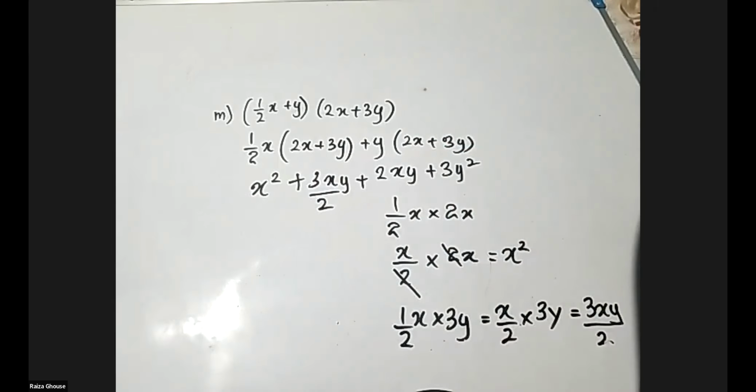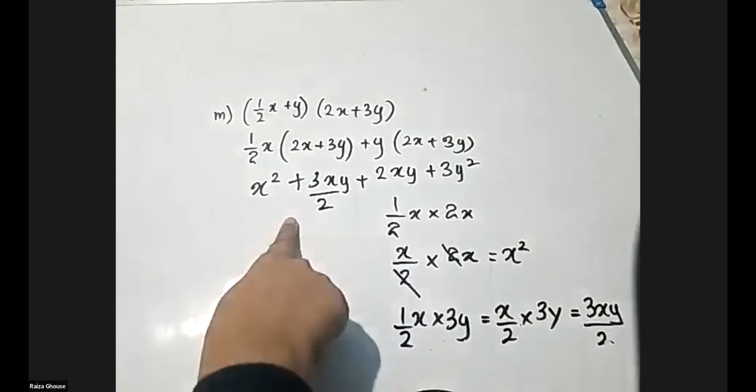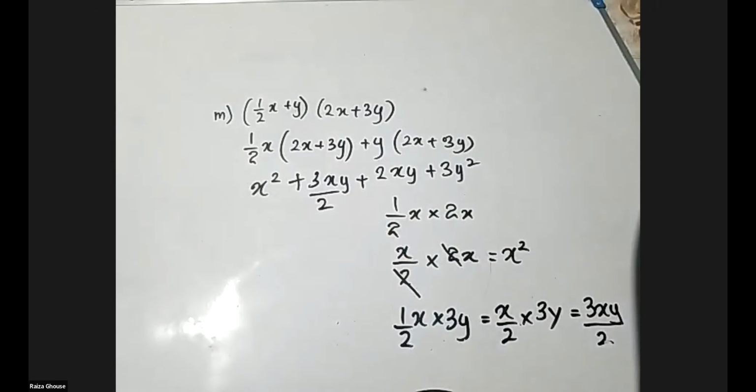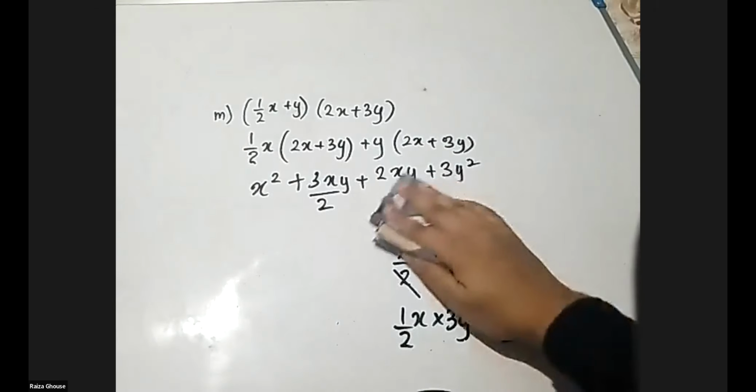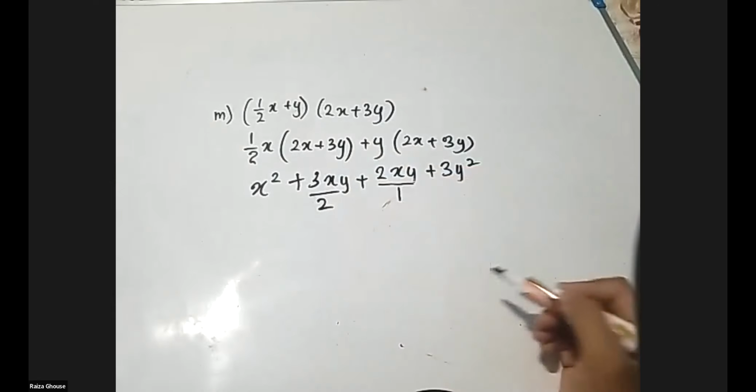But there is a problem. Remember your previous school teachers, your class teachers who taught you to add fractions. You can't add fractions when there is no same denominator. Right, now here see how to make it the same. This part, here the denominator is 1. That should be the denominator.